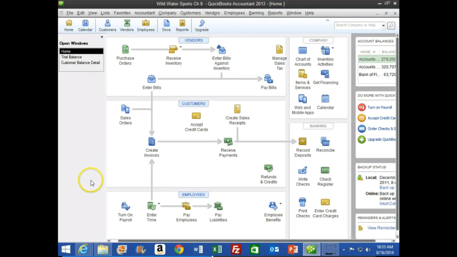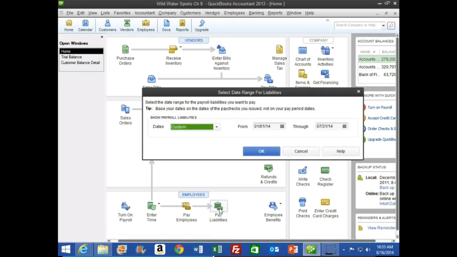So we will then go here. We're going to go back to the home page, and number 15 says click the Pay Liabilities icon from the Employees section. So Pay Liabilities. Number 16 says we want the from date to be 01/01/13, so we're paying the quarter, it looks like, and then no, only the first 2 months, to 02/28/13. So we're paying for the first 2 months, and then hit OK,